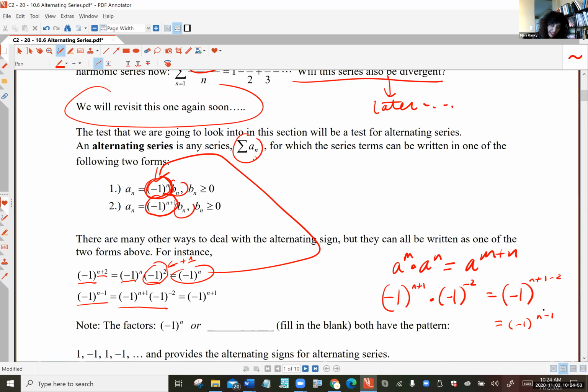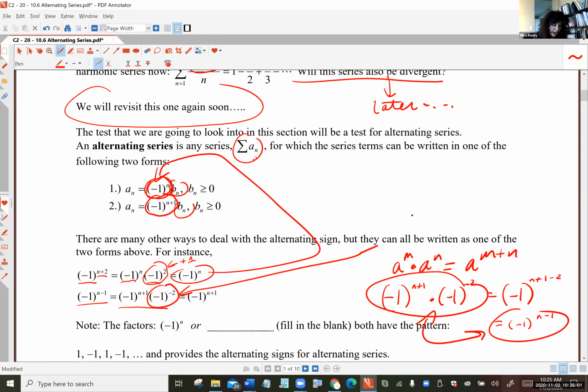You see how these really are equivalent? That's the point. But then again, what happens when you raise a negative to an even power? If I rewrite this using positive exponents, it's the same as 1 over negative 1 to the positive 2, but we just got done saying negative 1 to the positive 2 is 1, so this is really just a 1. So negative 1 to the n minus 1 is exactly equivalent to negative 1 to the n plus 1,